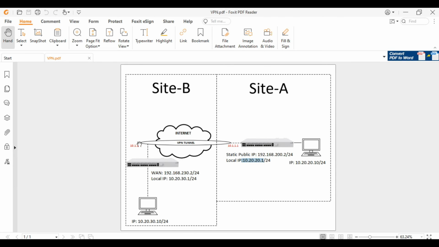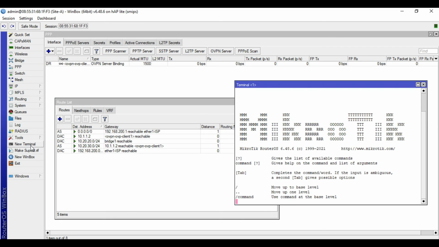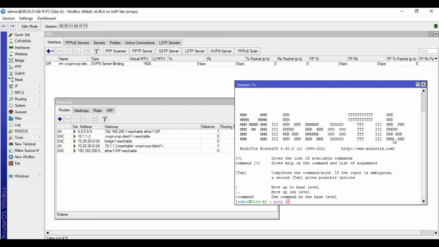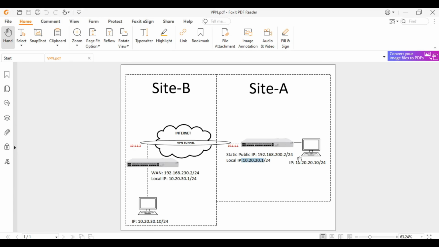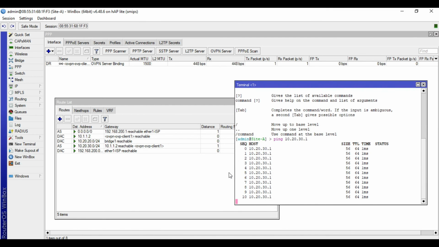For the gateway, we will input the tunnel address of site B, which is 10.1.1.2. Click apply. So the status is reachable, click OK. So when we ping the local network of site B, since we are in site A, 10.20.30.1, it will be reachable. Alright, so as you can see, the two local networks of each site can now connect to each other.